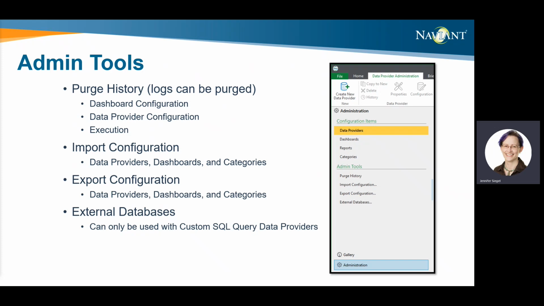And then as of OnBase 16, on-prem customers can access external databases with an ODBC connection as well, and use a custom SQL query data provider to view that data in OnBase. It is important to note that this option is not available for Hyland Cloud customers because Hyland cannot reach databases outside of their network. So if you are hosting your own OnBase solution, and you can create an ODBC connection to access a third-party database, then you can use that connection to report on things through OnBase dashboards.